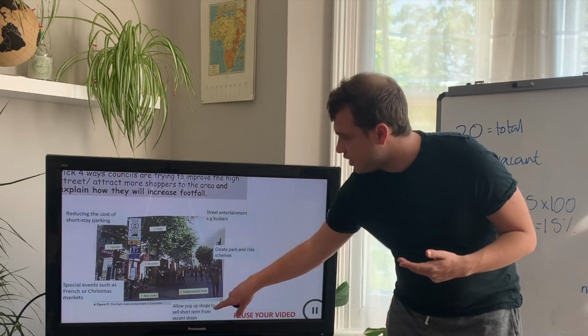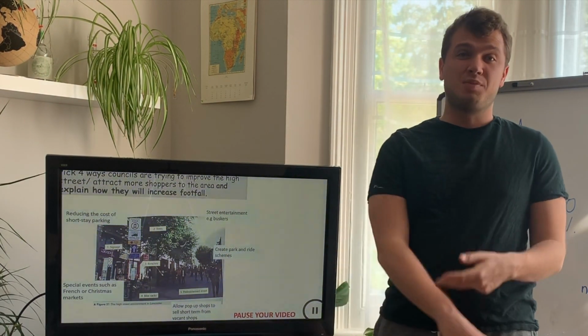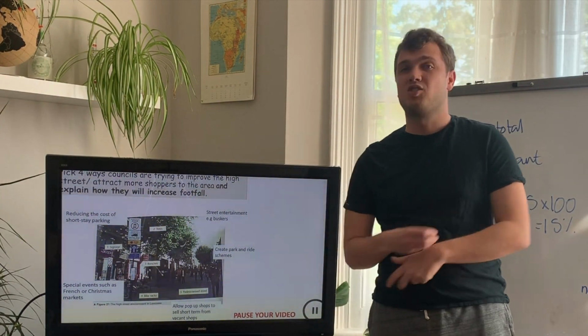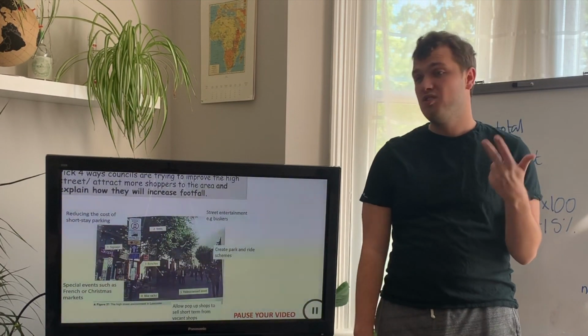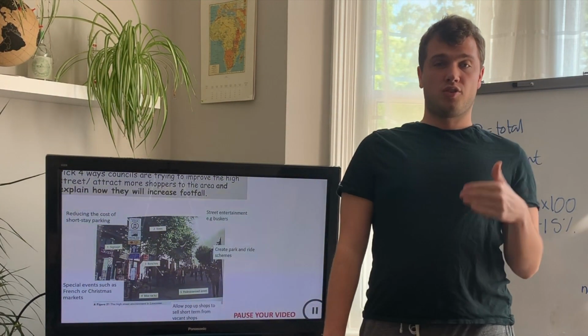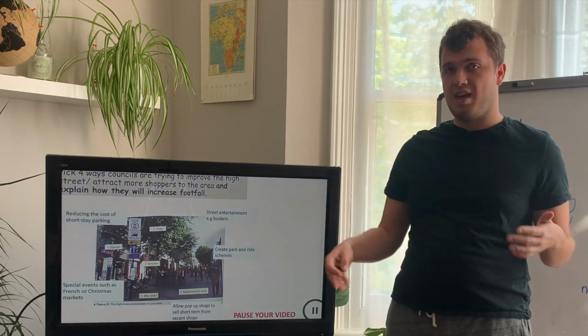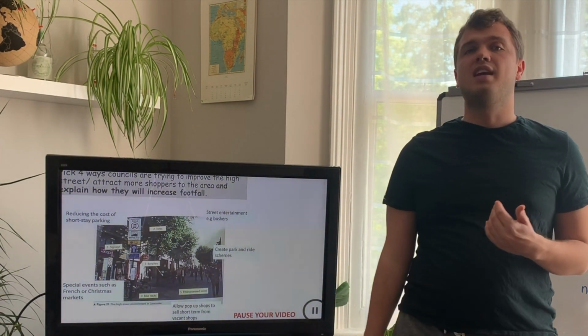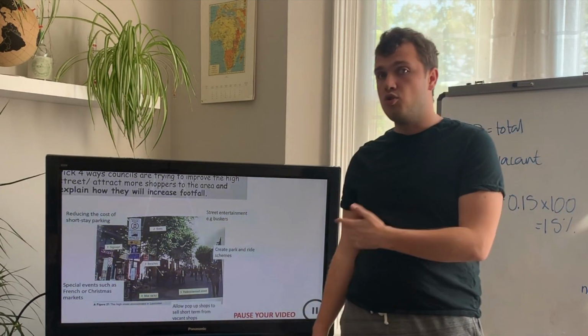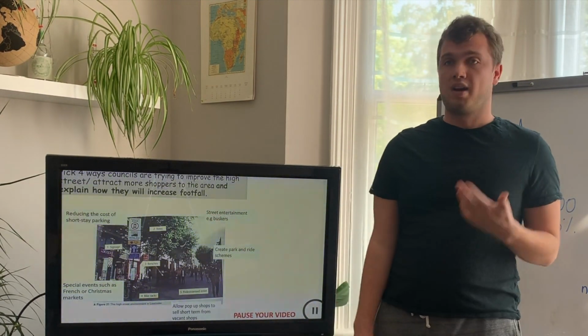Having street entertainers, pop-up shops, markets means that it's more of a day out. So again, that can attract families, it can attract students, young people, because it means that you're not just going shopping, it means that you're going to go out and you're going to have an experience, you're going to see and do different things, okay? So there are a range of things that different local councils can do to make their retail areas more encouraging.